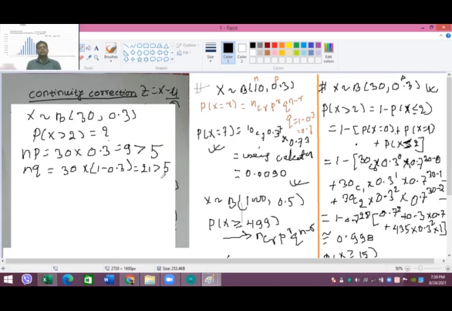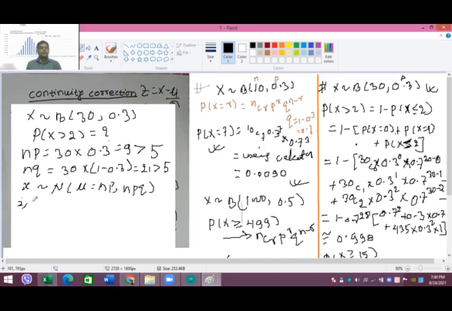So both the conditions for the normal approximation have been matched over here. Therefore it is possible to do the continuity correction or to find the probability by normal approximation to the binomial distribution. So here we require the mean. In this case, since these two conditions are met, X now follows a normal distribution with mean value n times p and variance value n times p times q.